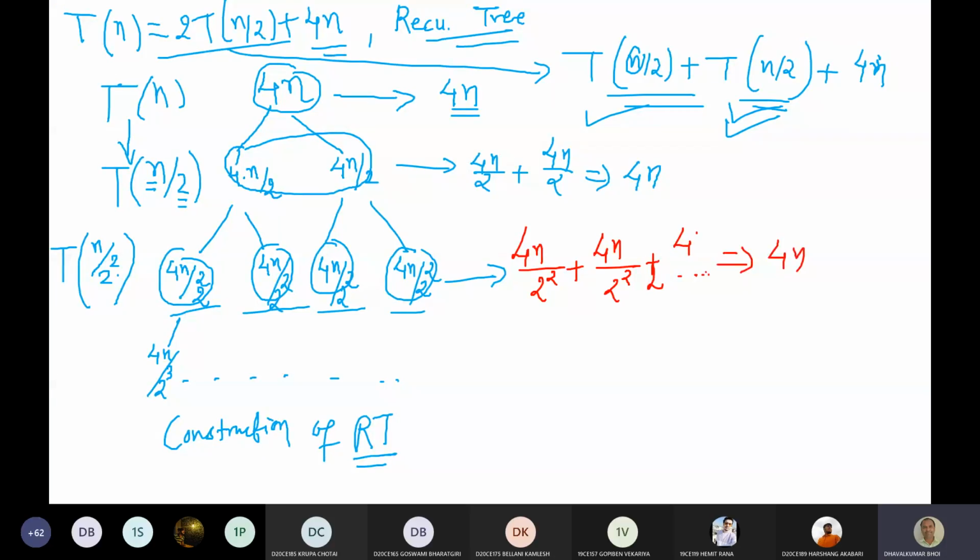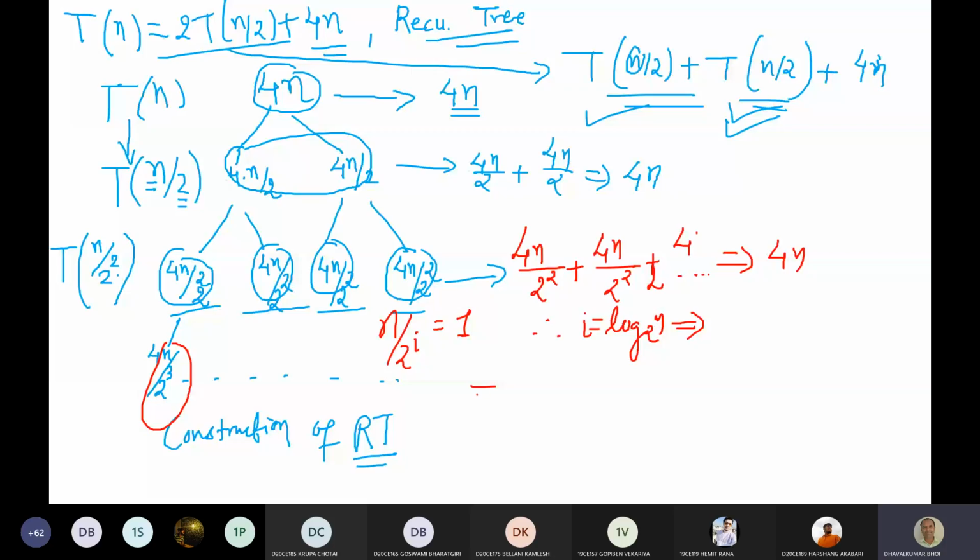So the same way you can write out the other. So the cost at each node is the same. And what I explained in the earlier example is that n divided by 2 raised to i is the pattern we are able to find. When n divided by 2 raised to i becomes 1, as we did for the substitution method, that means i equals log n base 2, and we stop. This is our stopping criteria, or stop condition.